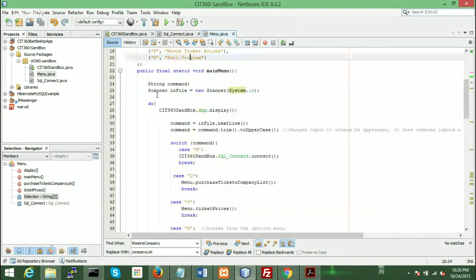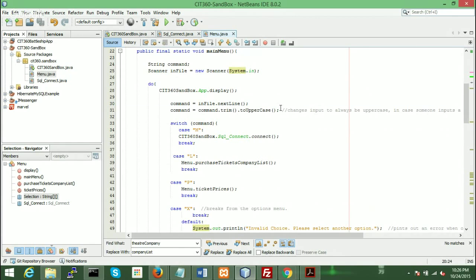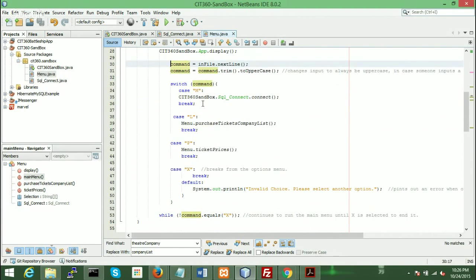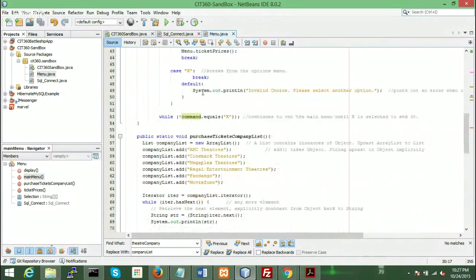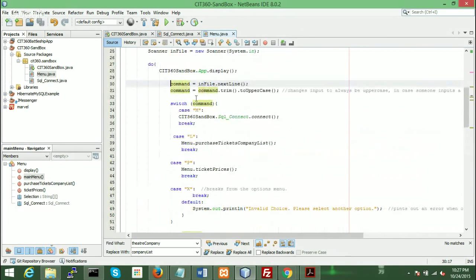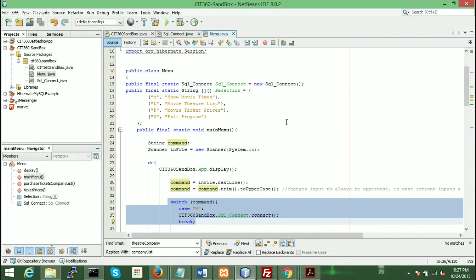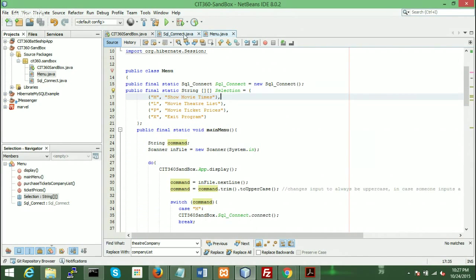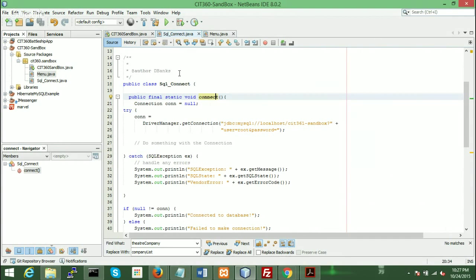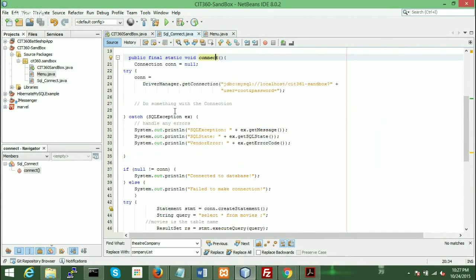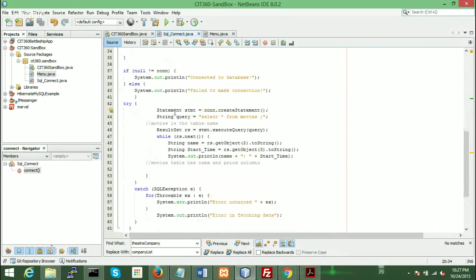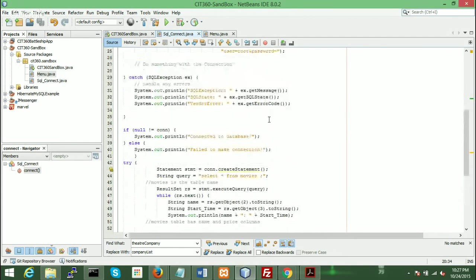As we scroll through here, I did that with a switch case statement. I took every input and made it uppercase, just in case anyone types lowercase, so it will automatically work. And from there, you have these different lists. For the first one, case M, for movie times, it's still connecting to SQL_connect, which is another Java class that I created this week. It's still a little different from last week, and it has mostly the same code. The only thing that I did change